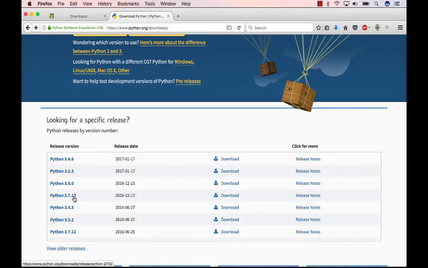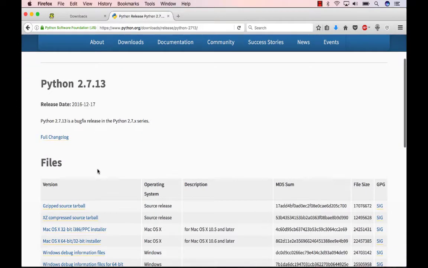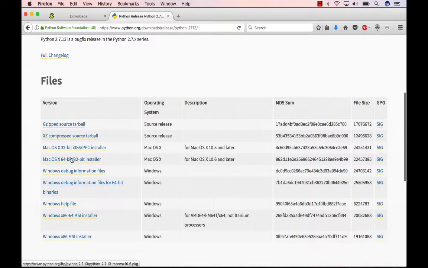We're going to be using 2.7.13, but you use whatever floats your boat. Make sure it's 2.7. Then we're going to click on here and scroll down, and what we want is the 32-bit installer. In case you downloaded the other one, if you go through the installer at some point, it will tell you if you're installing the 64 or the 32-bit version. And in case you have a 64-bit computer, you'll probably by default install the 64-bit. So to make sure that you have the 32-bit version, we'll be downloading this one,